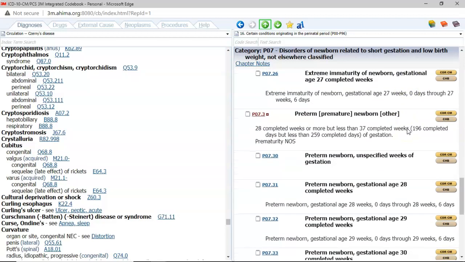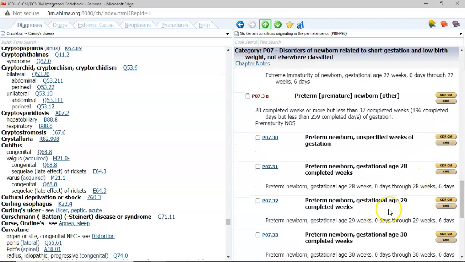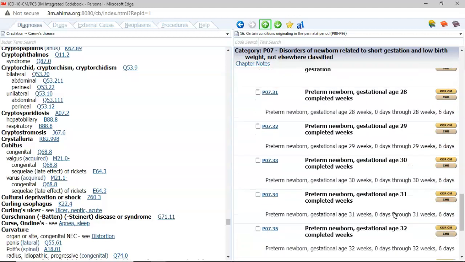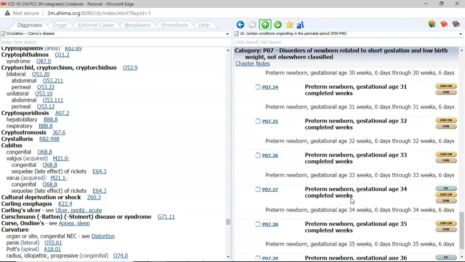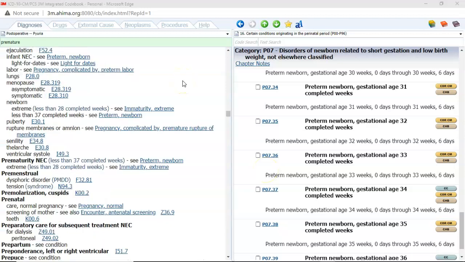And then our baby was 33 weeks gestation. So we're going to come down to P07.3, newborn gestational age completed weeks. We're going to go to 33, P07.36. Now in the index, I want to show you that if we go to premature, we're going to find these subterms,